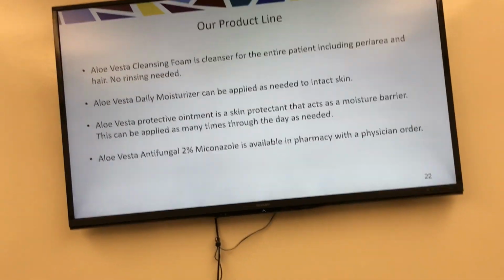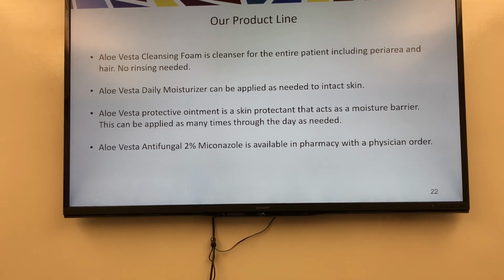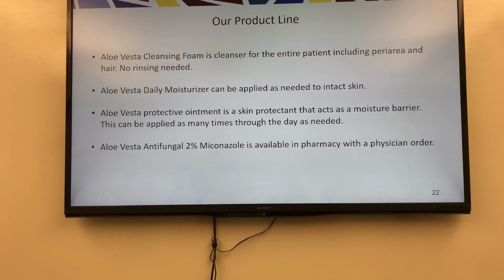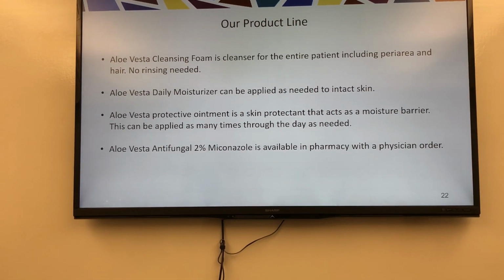And then we also have the Alavesta antifungal. It's available in pharmacy. You do need a physician's order for that. But as soon as you notice any signs or symptoms of yeast, this can be your first line before you go with the nystatin powder. This is much less expensive, and it comes in kind of a larger tube. So try this first, and then if that doesn't help,